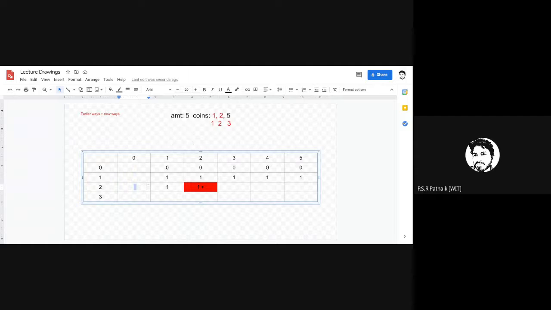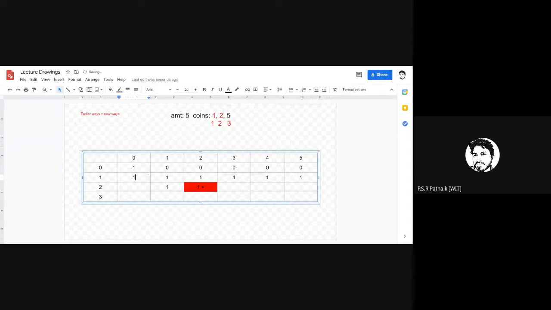So whenever the amount becomes 0 and I have a coin under consideration, it is indicating that I can realize this value by using the direct replacement of that coin. So these values we didn't fill, but this value has to be always 1.